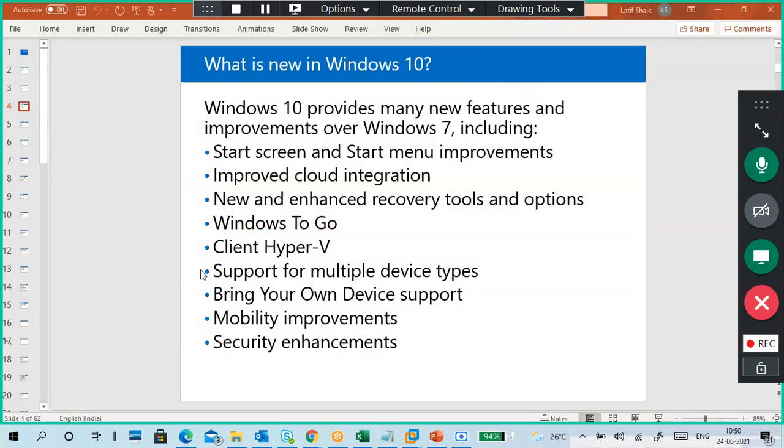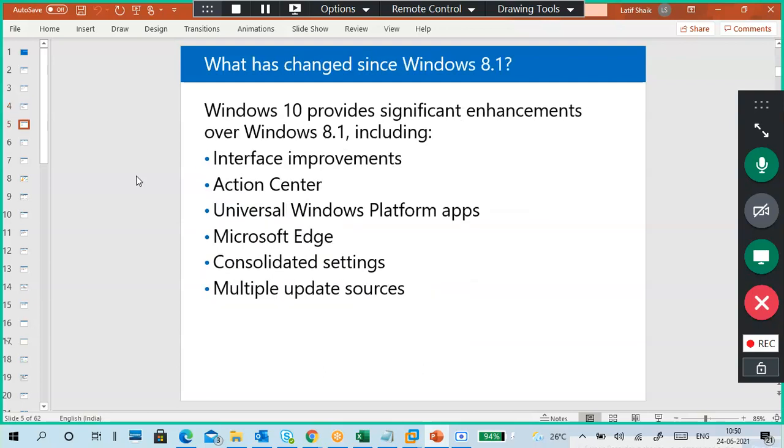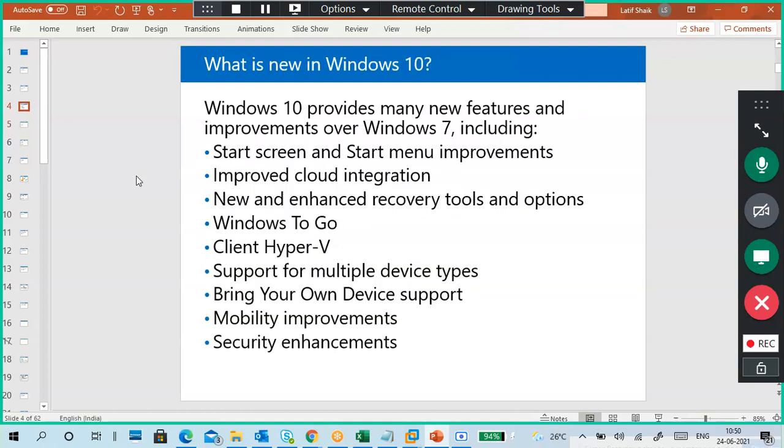Multiple device type, these are all extra things. So the important things which we can explain, those you must remember, guys. Start screen, start menu, cloud integrations, Hyper-V, these things we can explain. Reset option, you can explain it, right? So those you must remember and must tell as the features. Not the things which you cannot explain. Even if I explained it, if you cannot explain it, then leave it. Okay,